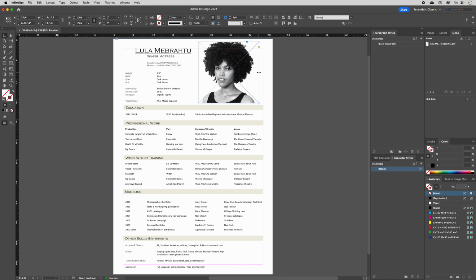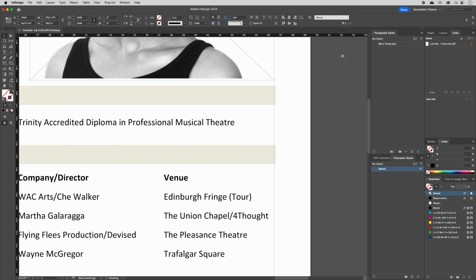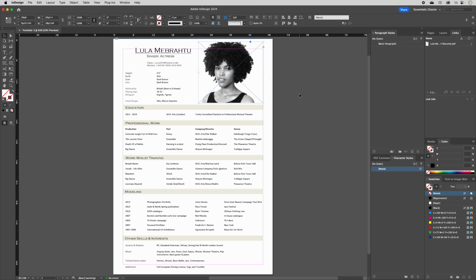And then I think I'd like it to go, we'll zoom in, and we'll just make it kind of the same as these bars she has there. So we'll make that nice and match up there. All right, so that's looking good. So now that we have this frame,